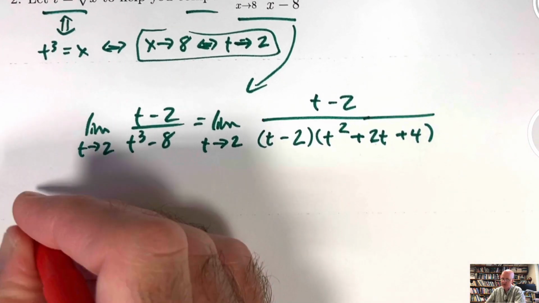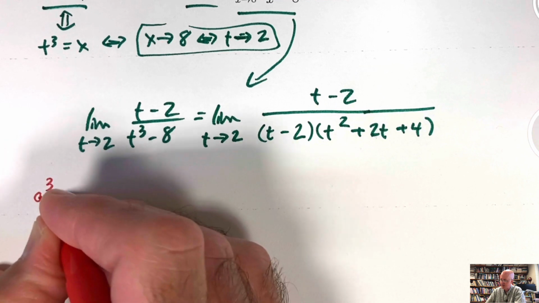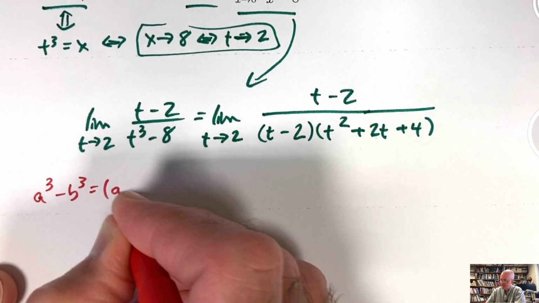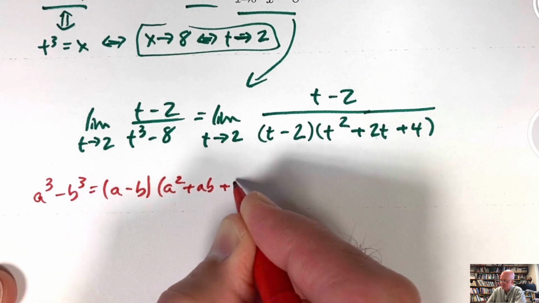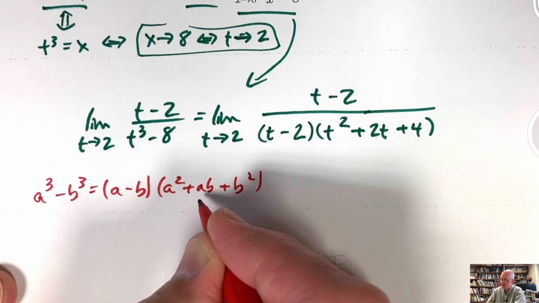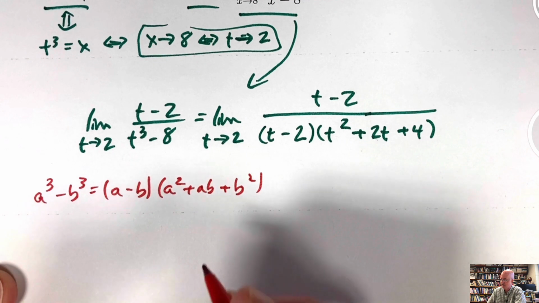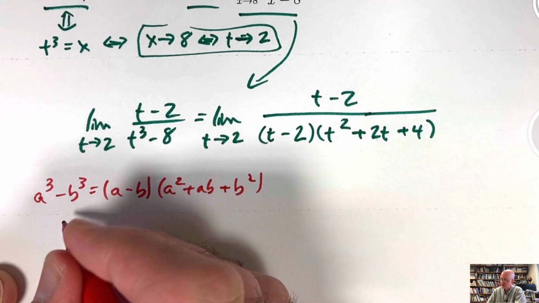I'm going to write it down in general. It's often written a cubed minus b cubed is a minus b times a squared plus ab plus b squared. No 2 there. That's just an ab. It's sort of tempting to think you want a 2 there or something. You can always check this